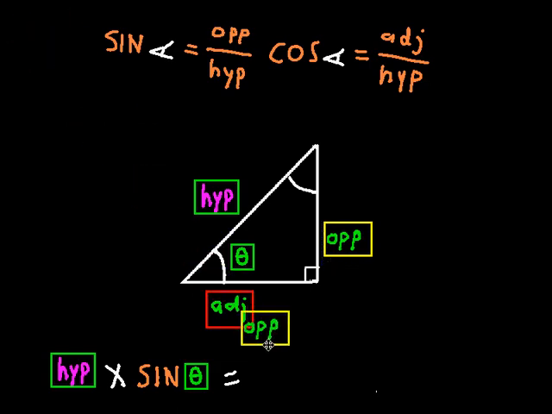Okay, because sine theta equals the opposite over the hypotenuse. You multiply both sides by the hypotenuse and you get this equation. And likewise,